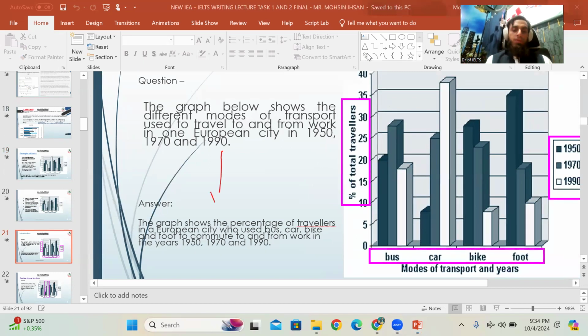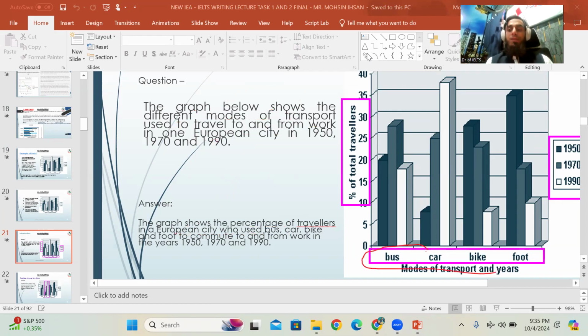The graph shows the percentage of travelers, and here the graph below shows the different modes of transport. We wrote the percentage of travelers used to travel to and from work in a European city. And we wrote travelers in a European city who use bus, car, bike. Now there are no names in the question. What I told you,